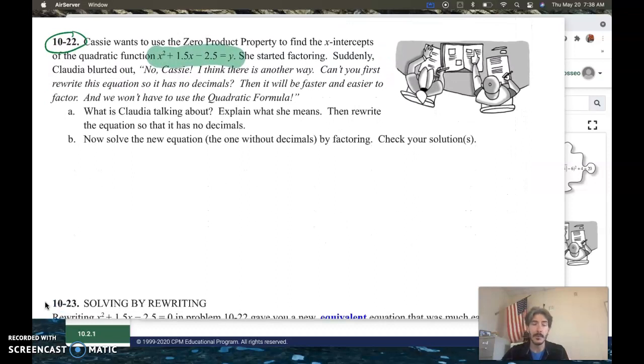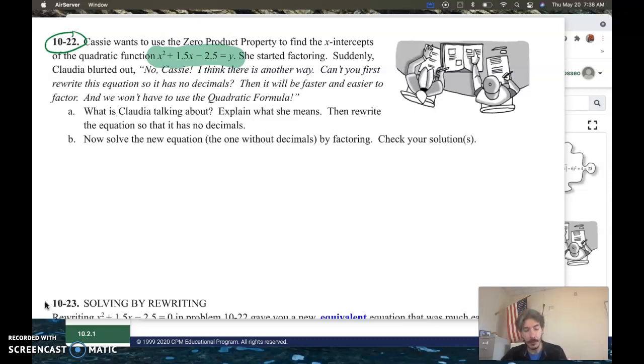Well, she's talking about the fact that 1.5 and 2.5 are decimals. They're rational numbers. They're not integer values, right? We factor with integers because the factoring process is less complicated. So, is there something we could do to eliminate those things and make this easier? And the answer is, of course. Because it's 1.5 and 2.5, we could eliminate those 0.5s or those halves by doubling